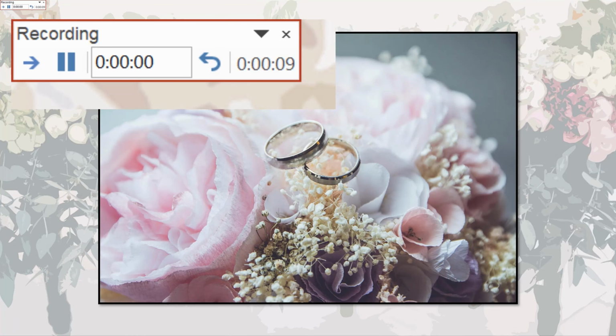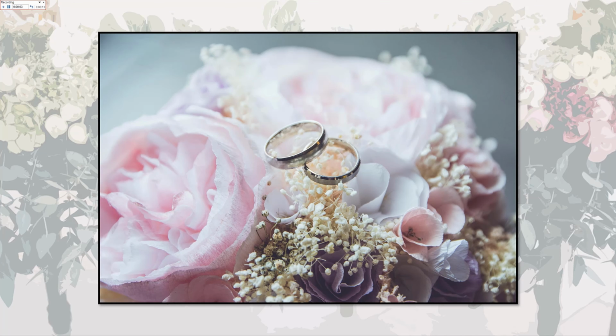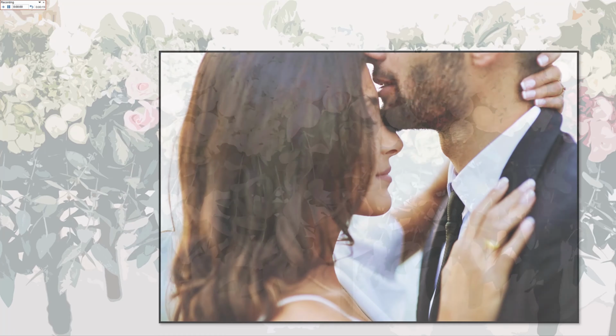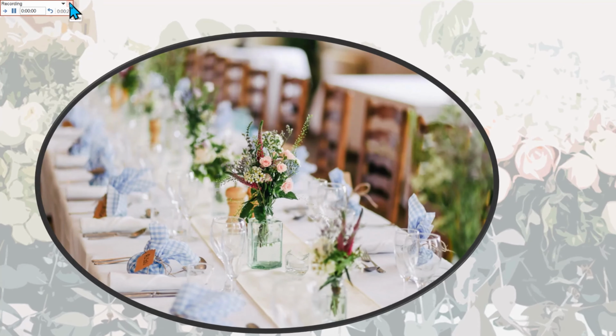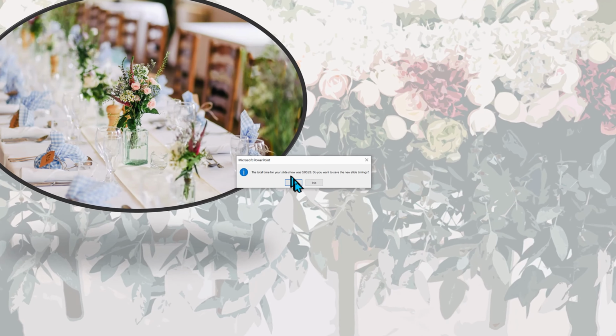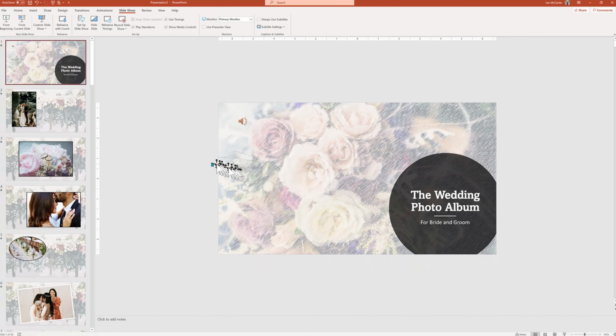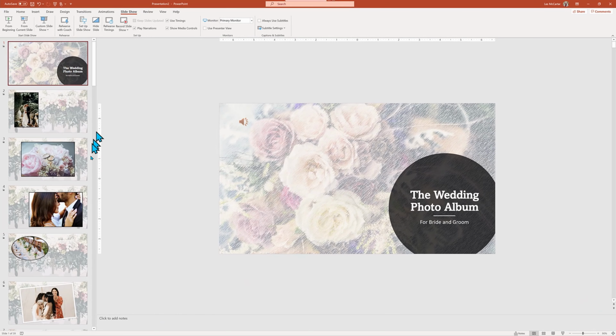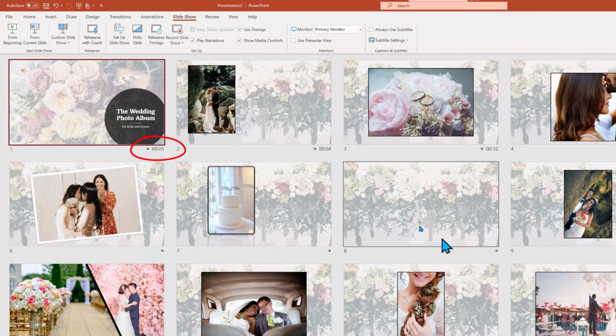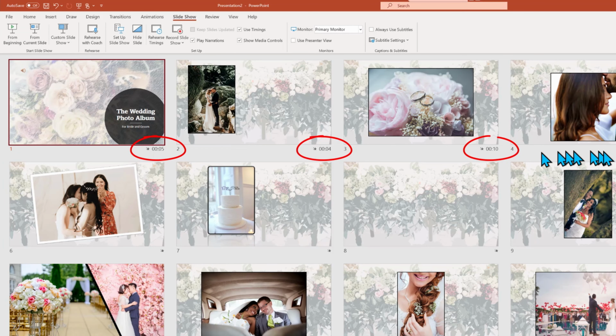And when you reach the last slide, PowerPoint's going to pop up and say, do you want to save the timing of the presentation? Just as I do here, where I pause and then I hit the X to close down the presentation recording. It's going to pop up, ask me the question, and when I say yes, we're going to see all of the timings on our slide. Let's jump over to the slide sorter view so that we can see underneath each slide, you will see a number of minutes and seconds that are devoted to that slide in the automated mode based off the timing that we just completed.